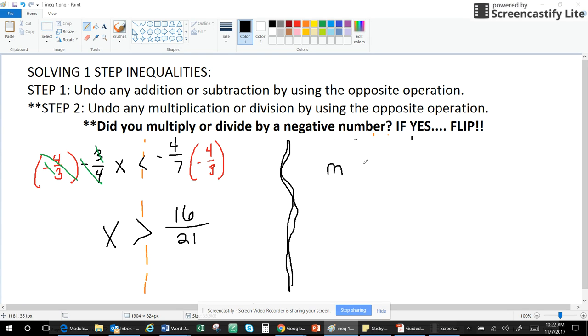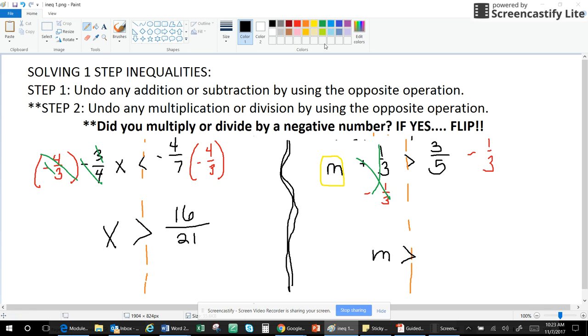And our last one, we have m plus 1/3 greater than 3 over 5. Go ahead and answer this question. Hit continue when you're ready to check your work and your answer. So we see that we're solving for m, trying to get rid of plus 1/3, so we're going to subtract a third from both sides. These guys end up canceling. I end up with m